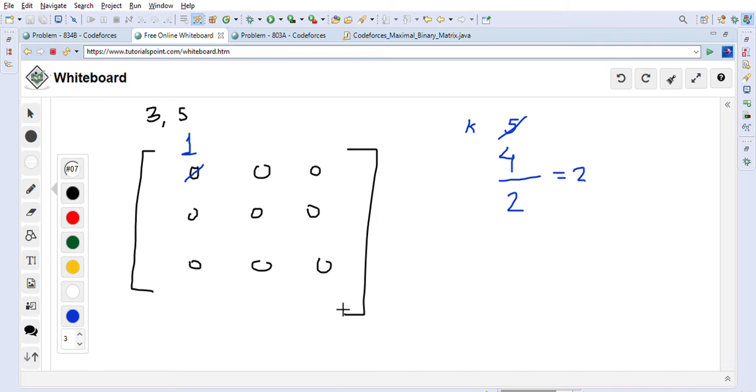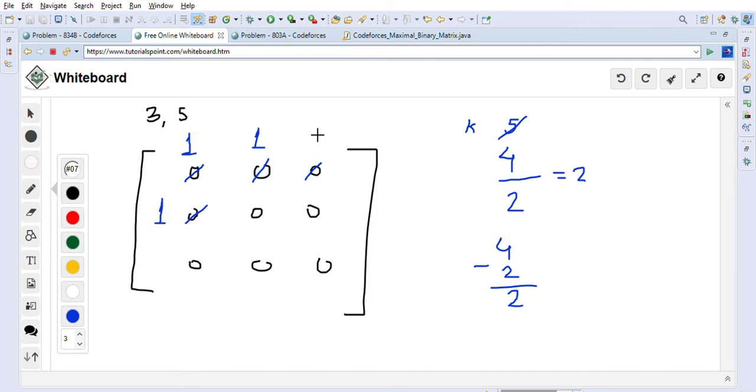To make this lexicographically maximal, we will put one pair like this. So this is one pair. As you can see, this is again a symmetrical matrix. If I draw a diagonal line, this is symmetrical. We added one pair here, which means k, which used to be 4, is now 2. Two are still left, still available.